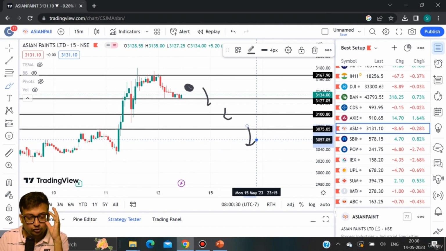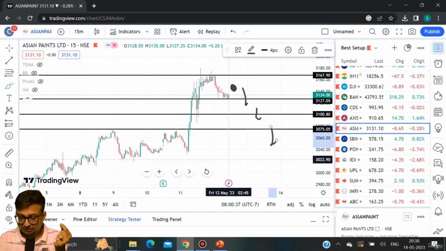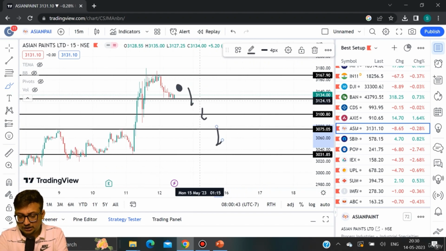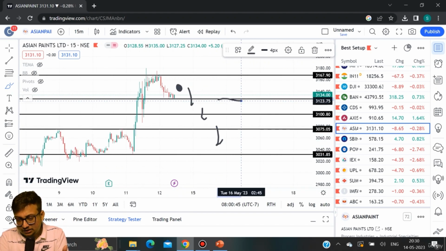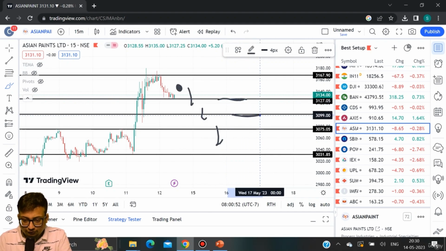This is how you have to plan your trade: if the market is breaking this particular price level, we'll use 25% of our trading amount. If the market is breaking this price level, we'll use another 25%. If the market is breaking this price level, again 25%, and we can go aggressively because we can get a very good target, right? And for a short trade,